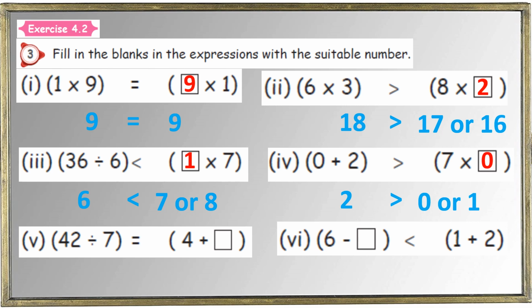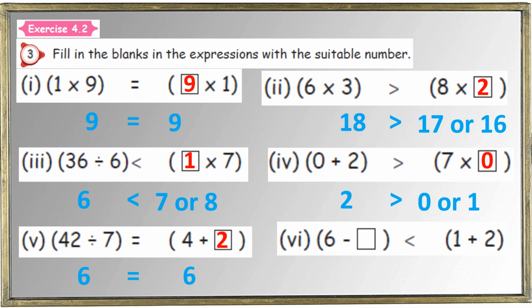Then come to the fifth one. 42 divided by 7. Yes, 7 sixes are 42. So 6 is the answer. That's equal to, right side also 6. Here 4 plus what? We get 6. Good. 4 plus 2, isn't it? So be careful, and your memory power will increase more. If you concentrate like this, sure it will be good. So just listen carefully and do the sum exactly.